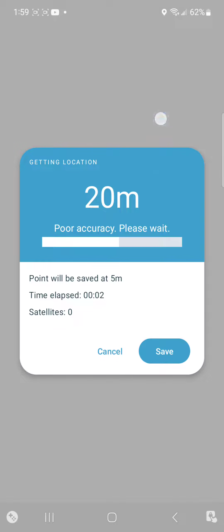Now that I have clicked, you see that it's getting my location, so it says 20 meters. It says poor accuracies, please wait. So it gives you some time to record that location and catch up with the longitude and latitude. This is important because we use this to know whether you are in a specific location in terms of geographical